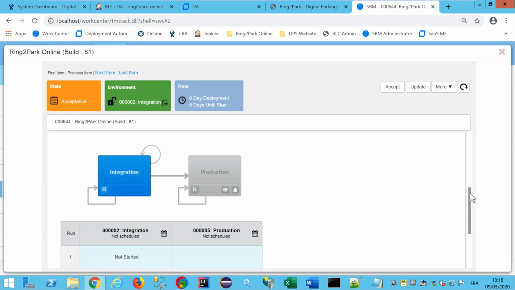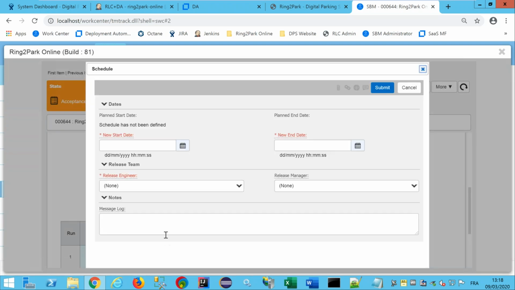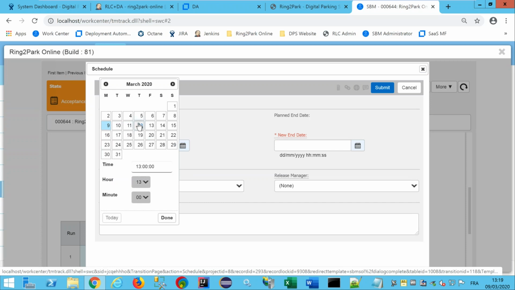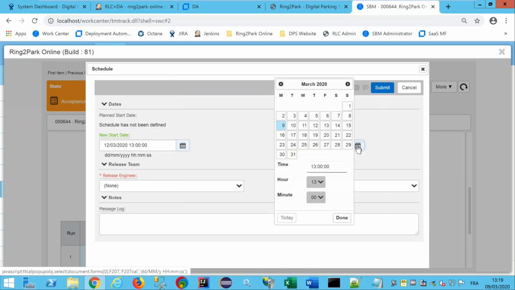Before deploying your application, if you want to book your environment in order to check if the environment is available or if it is already used by other applications, you can use the schedule feature here. You can say, for instance, I would like to deploy in integration this application version between Thursday and, I don't know, Sunday.